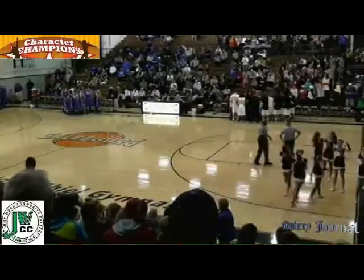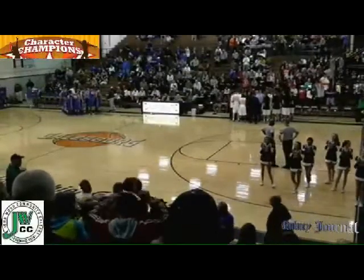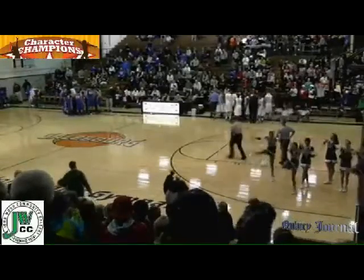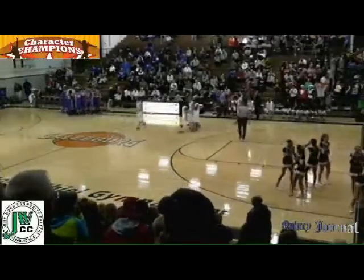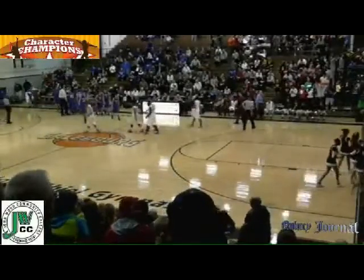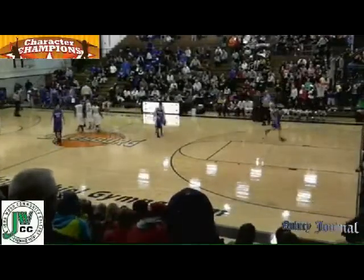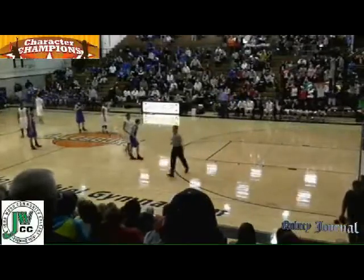It's just they went on a run, got up and down the court, which they hadn't done the whole game, sort of caught us off guard a little bit, and they've maintained that balance most of the time since then. But it was 38-33 for how many possessions? At least 4, if not 5 possessions. 4. And Quincy just didn't get the right guys in the right positions to get shots off. They were open shots, but